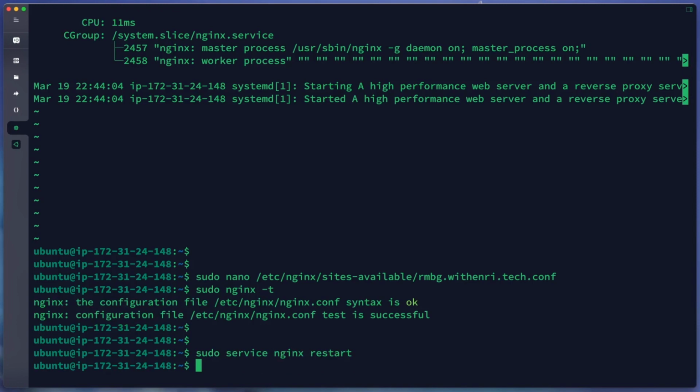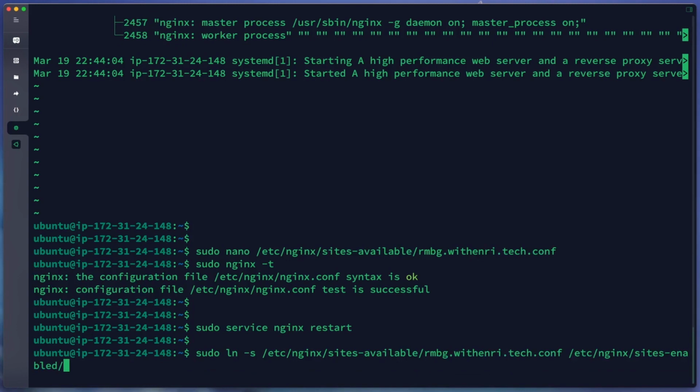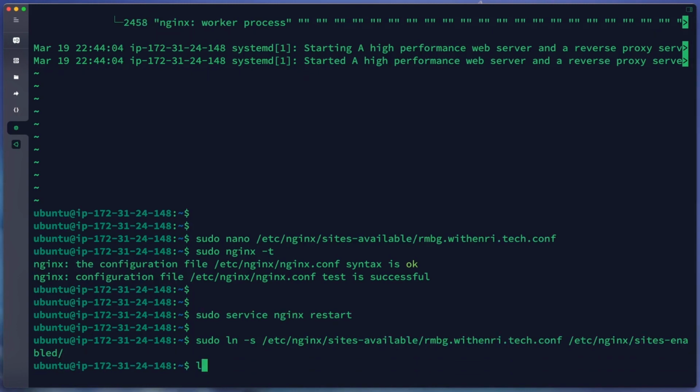Now we'll restart our Nginx. I'm sorry, we need to link our sites-available to our sites-enabled. Sudo ln -s /etc/nginx/sites-available/rmbg to /etc/nginx/sites-enabled.